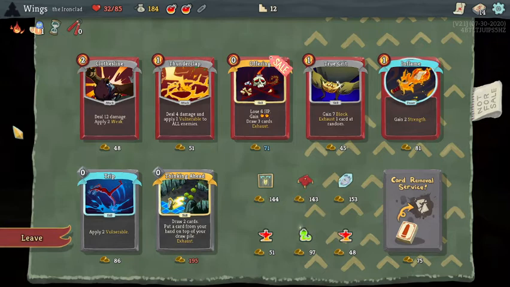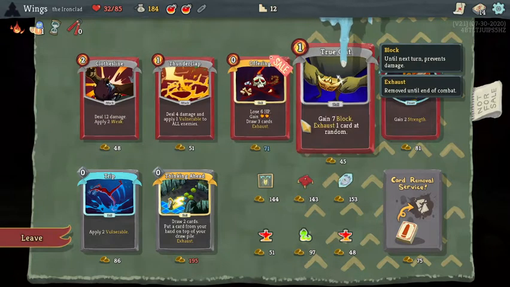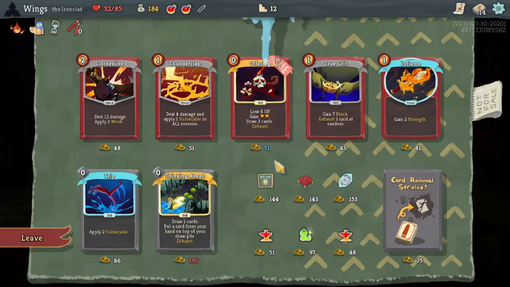Let's see here. I do really want a True Grit because it kind of goes with our deck. Offering also goes with the deck. So I'm almost thinking that we just take both of those instead of taking this Preserved Insect. These are just 2 exhaust cards that help us out, so...